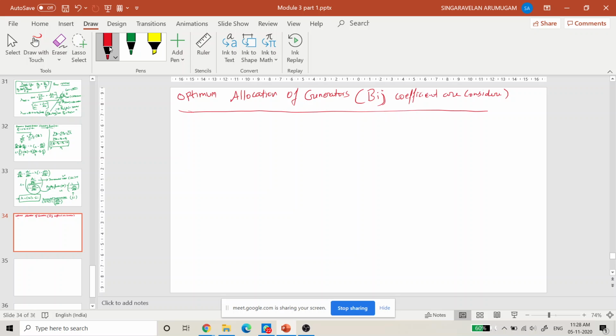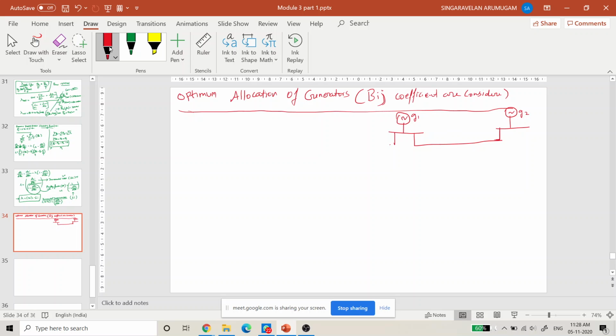Our aim is to optimize the allocation of generators by including the losses. So once again I am telling, consider a two bus system. Why? Because loss will occur if and only if the generators are different, feeding to different buses. So maybe this will be generator 1, and there is a generator here, this is generator 2, and there is a transmission line connected to this,